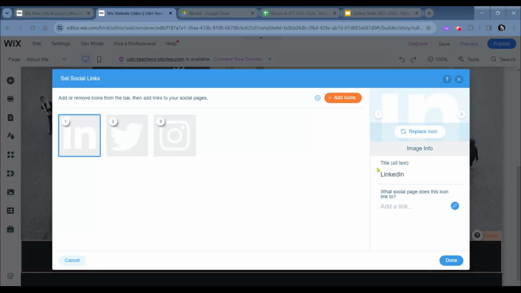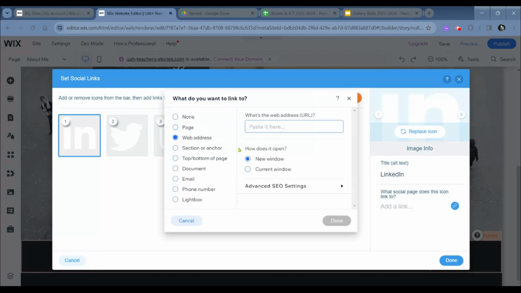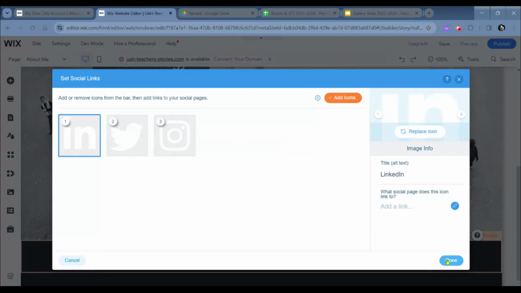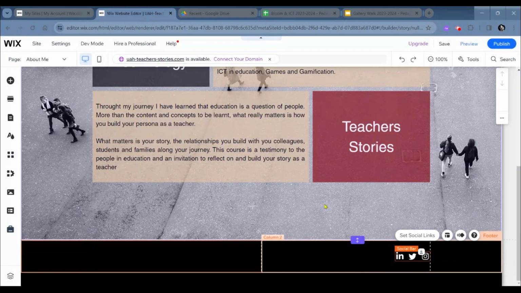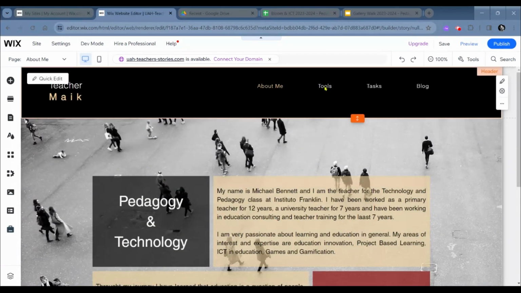And then it's really easy just to add a link to the actual profile, and you can decide if that opens in the current window or a new window. I'll do that later on. Let's move on over to the